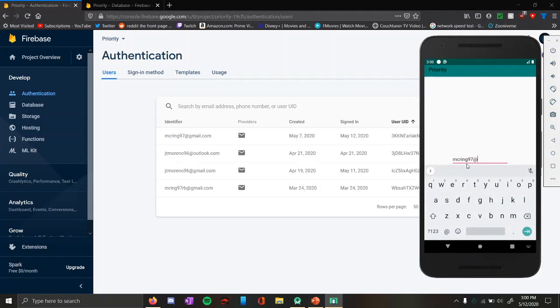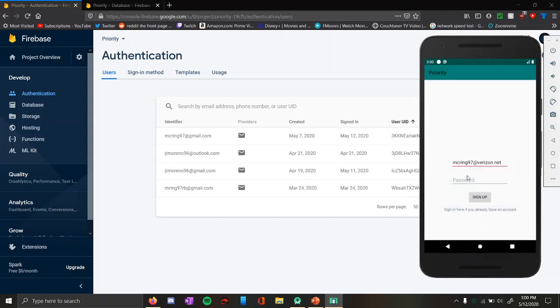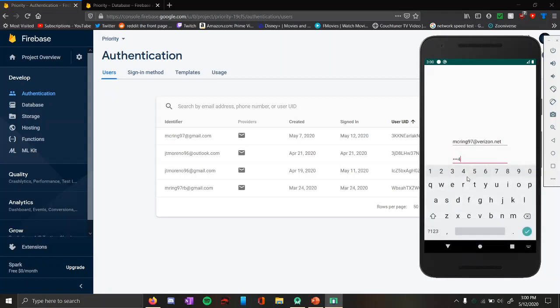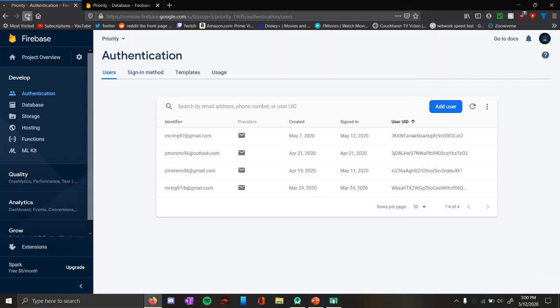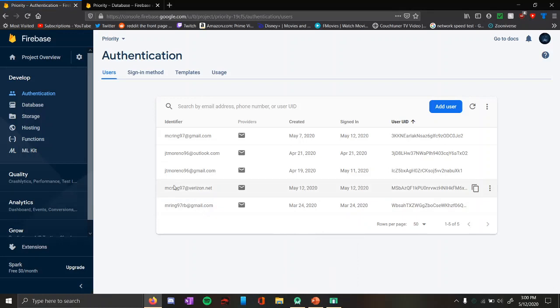Mitchell types in an email address, and you'll see in the background the web portal for Firebase. Right now we have 4 accounts that have been set up using 4 of our emails. When Mitchell signs up, he will refresh the browser and you can see the 5th one is added in. I don't know why it doesn't do it automatically. It has to be refreshed. But alongside, you'll also see that every user has a unique user ID,